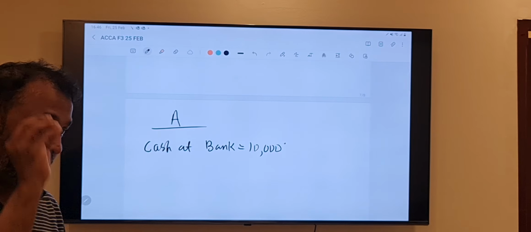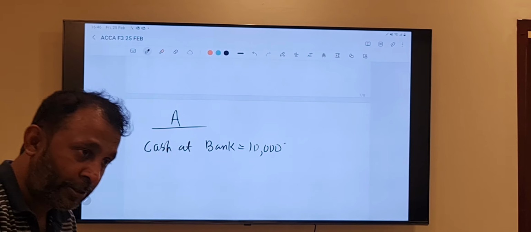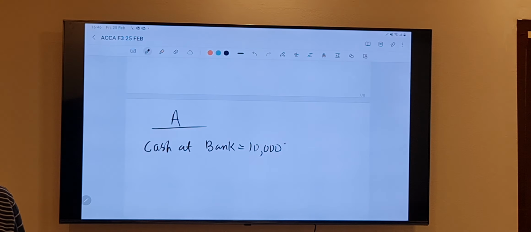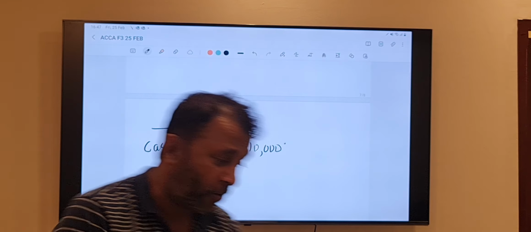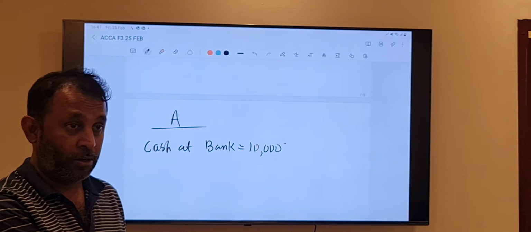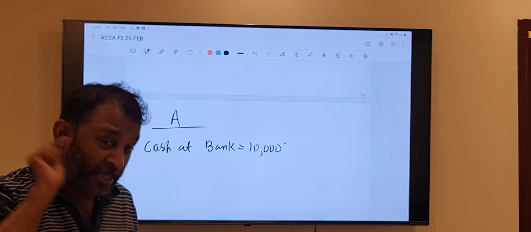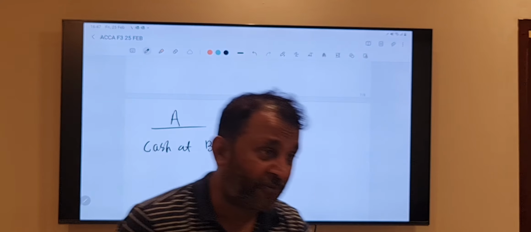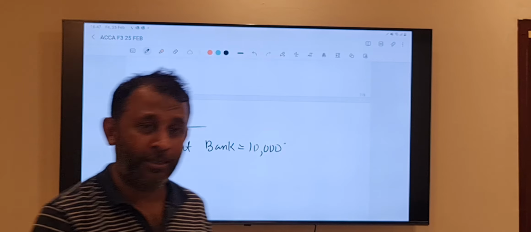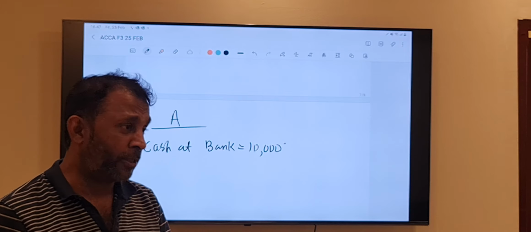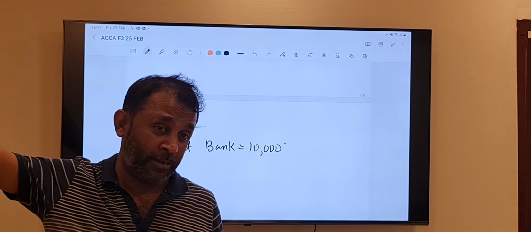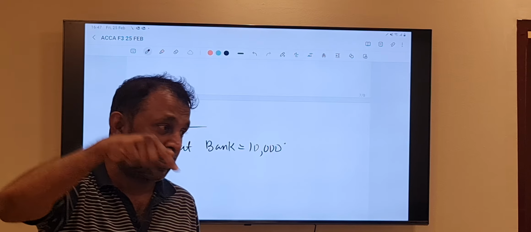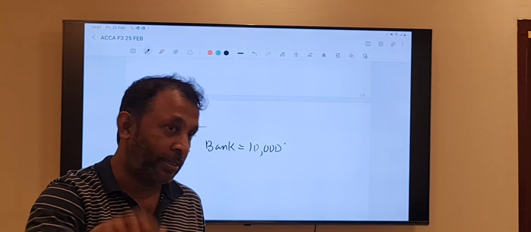Inventories are items that we buy for the purpose of resale. Suppose I purchased this table. Can I call that an inventory? No. But if I am running a furniture shop, then if I buy this table, that is an inventory. Now I buy a motor vehicle. Can I call that an inventory? No. But if Abdul Ghani buys a Toyota Corolla car, that is an inventory.